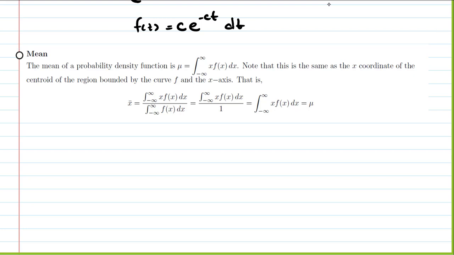So note, this is the same as the x-coordinate of the centroid of the region bounded by the curve f and the x-axis, right? So the mean, or the average, or the center of mass, or whatever we want to call it,